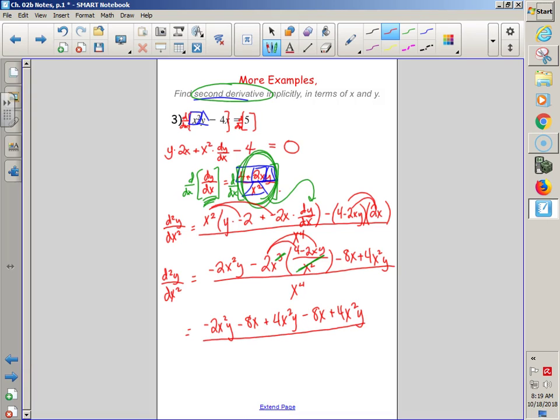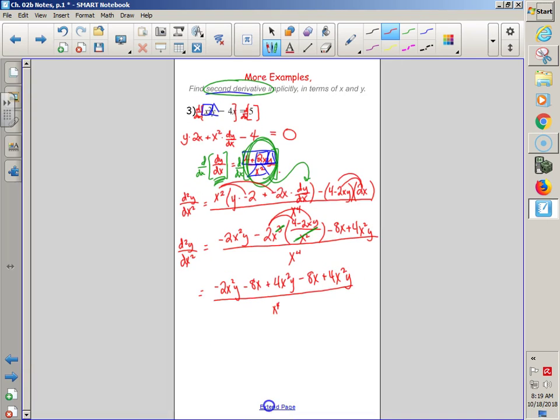Do you guys get that? I think I have some like terms. What do you think? Yeah, I have a 4x squared y and a 4x squared y, which is an 8x squared y minus a 2x squared y, which would be a 6x squared y. I have a negative 8x and a negative 8x, which is a negative 16x all over x to the 4th. I do believe we can pull out a 2x, which would be 3xy minus 8 all over x to the 4th,